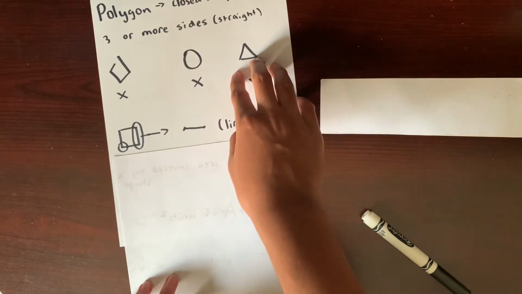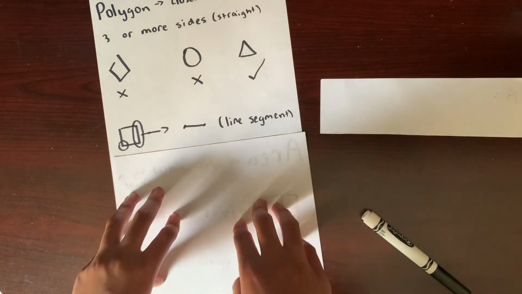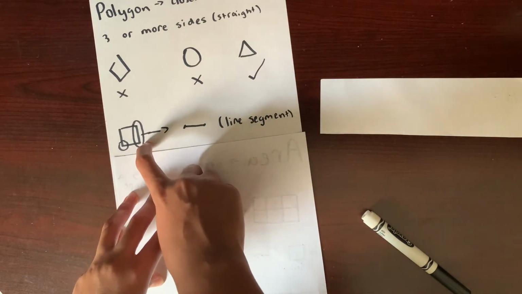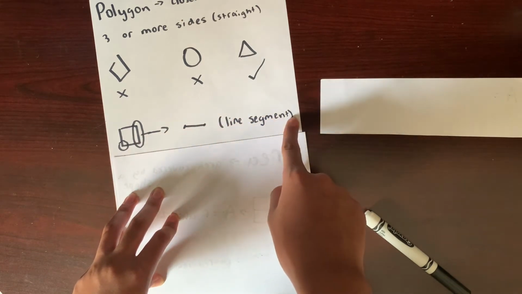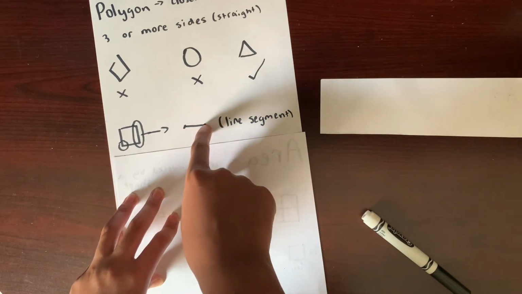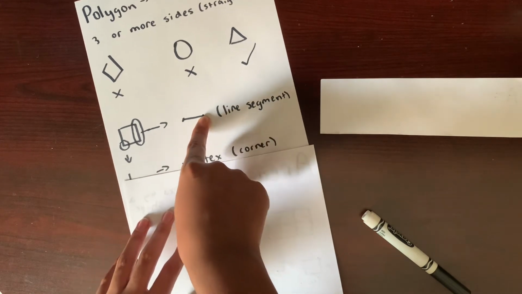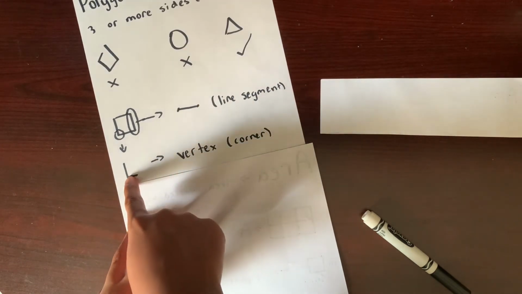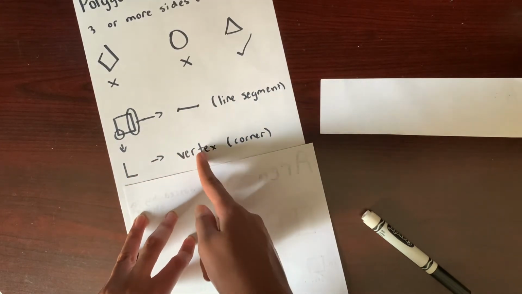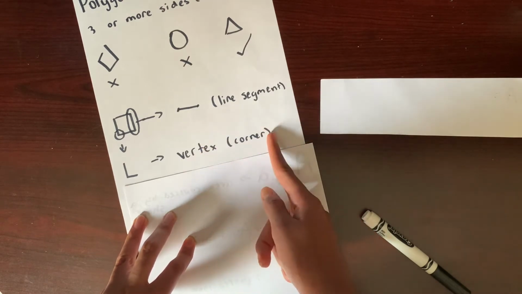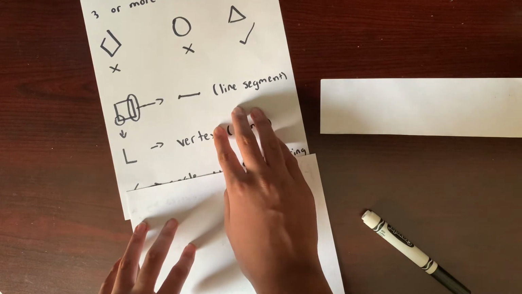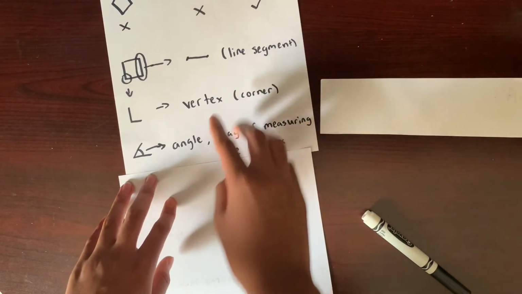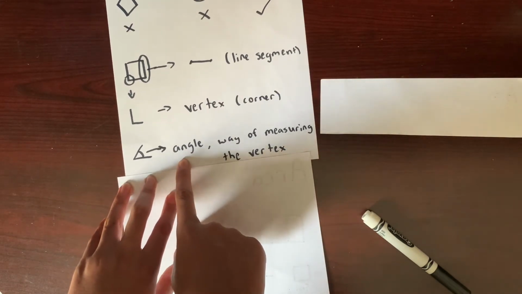Each polygon has different parts to it. So when we look at the square, which is also a polygon, this side is made up of a line segment, which is basically a line with 2 endpoints. The square also has what's called a vertex, which is the mathematical term for a corner, and the plural of vertex is vertices. At each corner, there's also going to be an angle, which is a way we have of